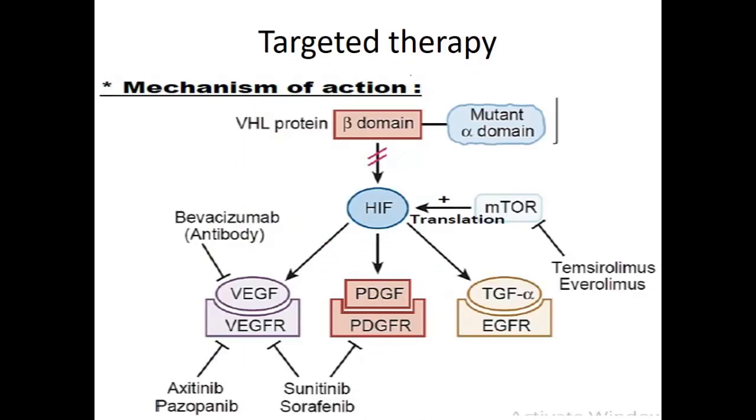So with all these molecular classifications, and coming to know what factors induce this pathogenesis in renal cell carcinoma, we came to the targeted therapy. We all know that all types of pathways lead to the accumulation of HIF, the hypoxia-induced factor, which in turn leads to factors that drive cell growth, proliferation, angiogenesis, and the